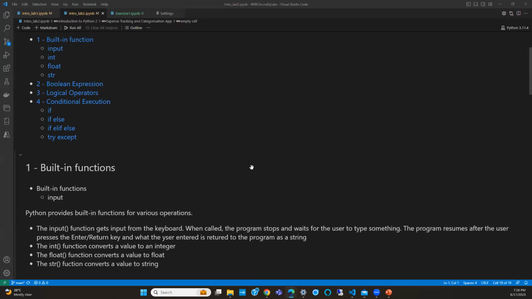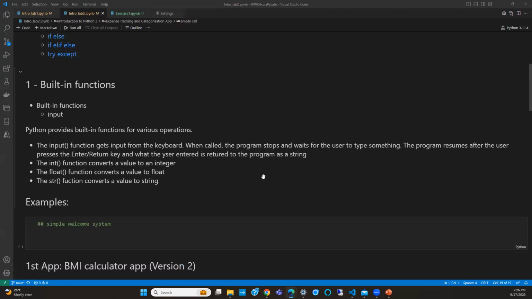Moving on. First, we talk about our built-in functions, starting with input. I probably have to update this. Initially, I was just going to talk about the input function, but later realized that talking about conversion is very important, especially when it comes to input, because at some point you have to convert some value.